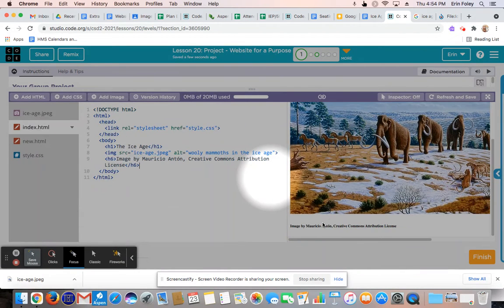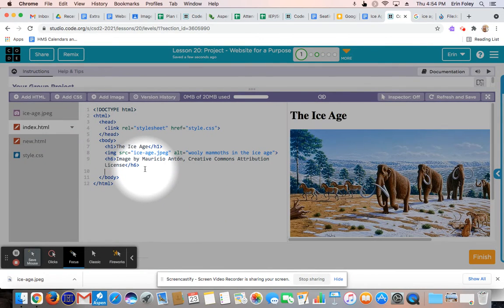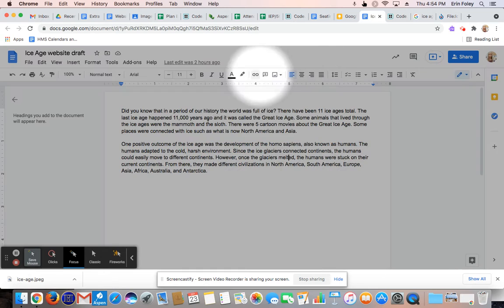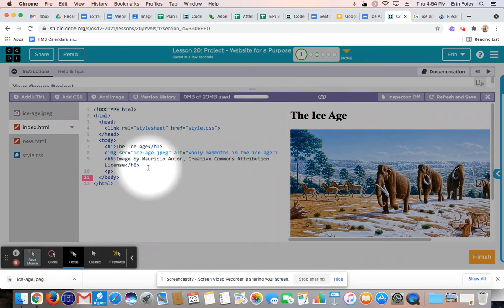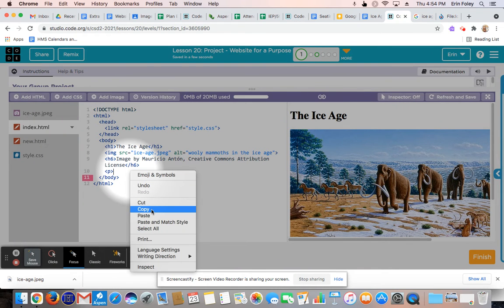And so then if you scroll down, you'll see that we have a nice small heading that gives credit to our creator. So then from here, what we're going to do is we're going to add our paragraph. So you're going to hit Enter and then less than P greater than. You can go into your document, and then from here, what you're going to do is you're going to copy and paste your first paragraph. So copy, paste, and then from here,